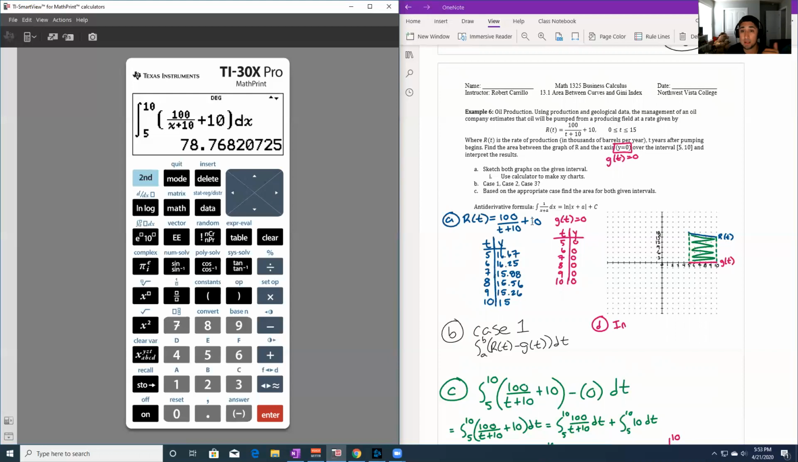So remember that we are in thousands of barrels. So this means that we take our 78.77 or 76 from my calculator on the left. I'm going to do 77, 78.77, multiply it by 1,000. And this is going to give me